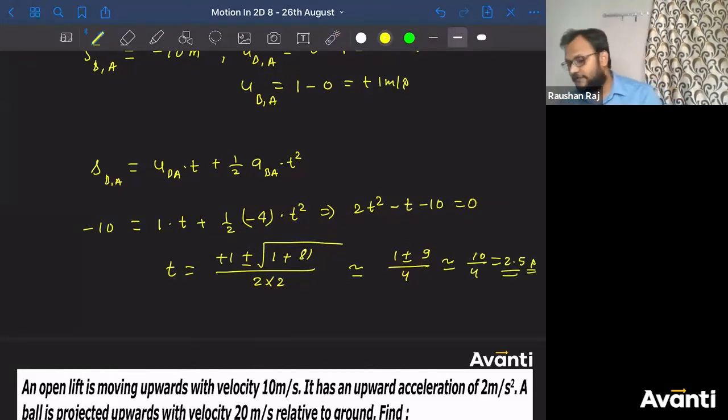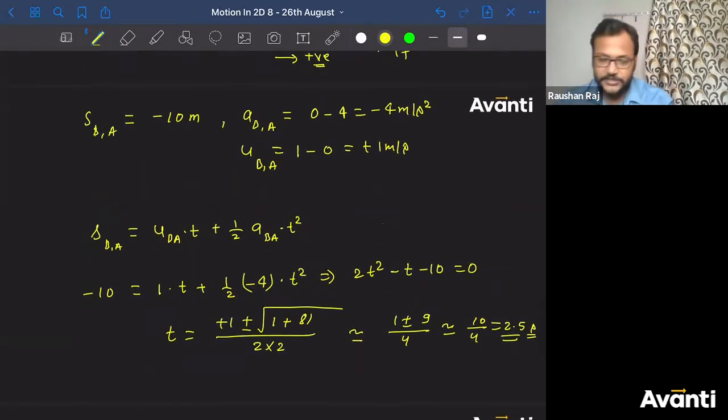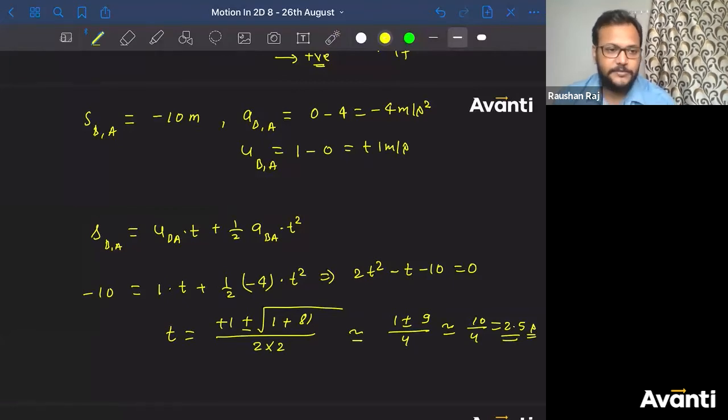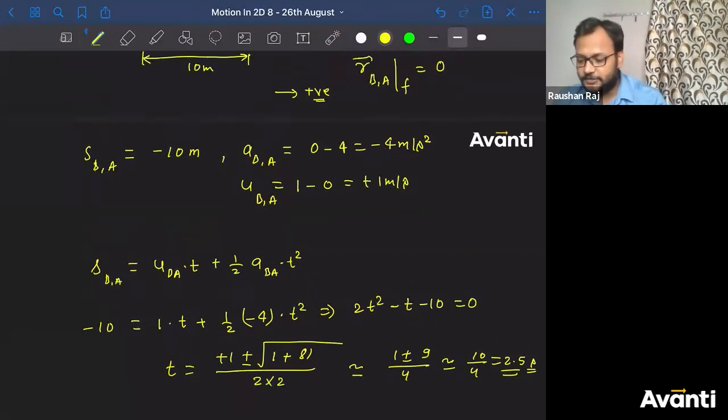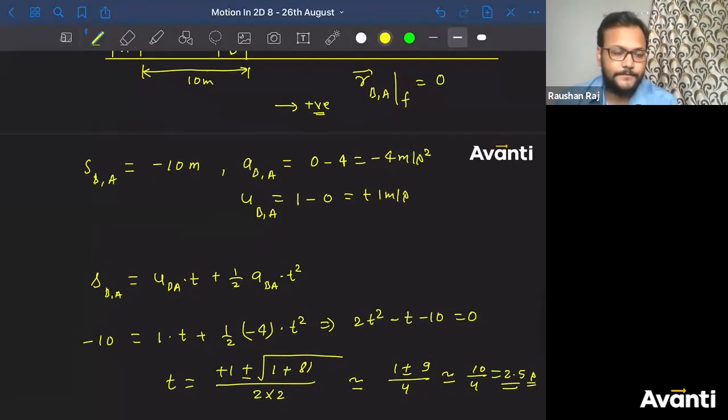So guys, how many of you have got this answer? Click yes if you have got this answer and understood the situation and the condition here. So most of you have got the answer as 2.5 seconds. Kudos guys, very good. Well done, keep it up. Guys, click yes if you have understood this. Thank you. Clear for everyone? Very good.